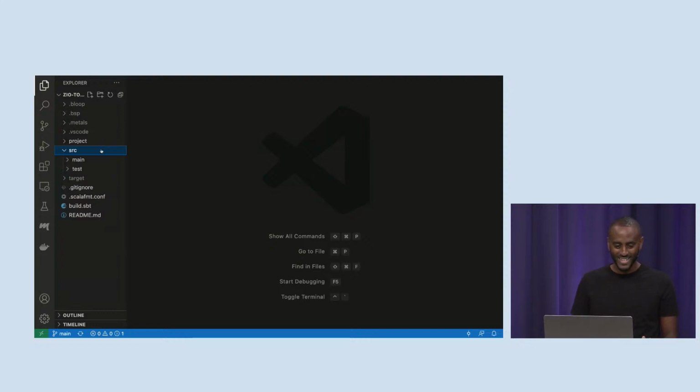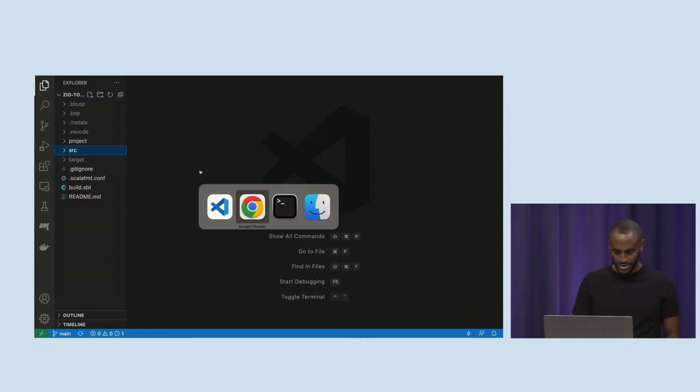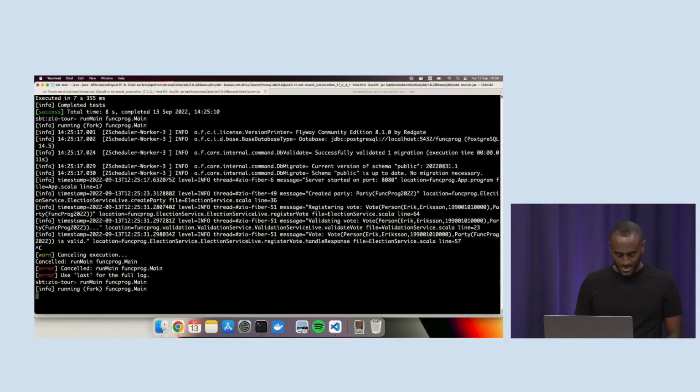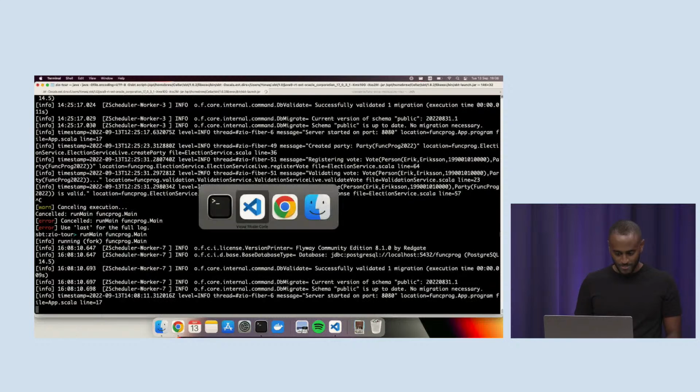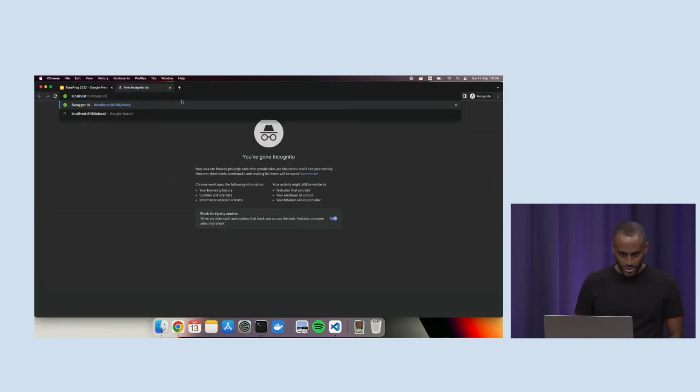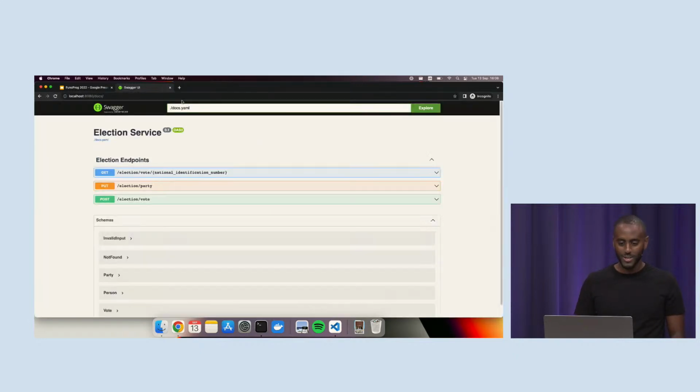So let's take a look at that by running main, and then looking at the HTTP server. We're going to start our server, and then we can explain it as we go. Let's head over to localhost 8080 docs and see what we have here.